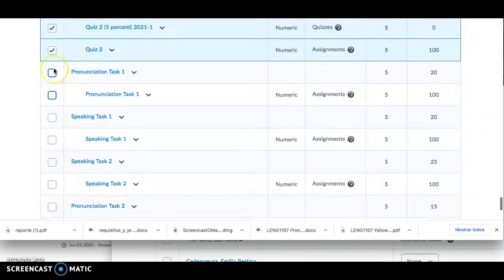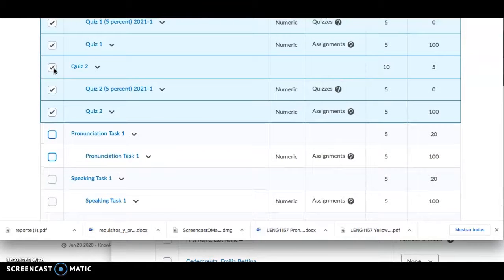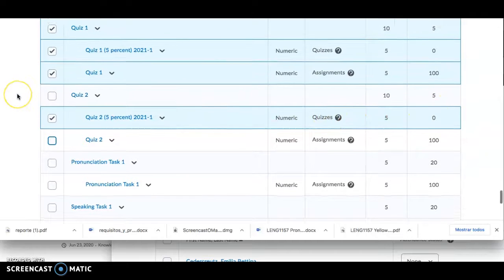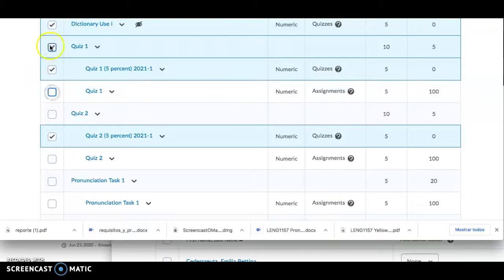Like this. And here in the quiz 2 thing, you're gonna unclick these two, but keep this one, the one that's worth 0 that says quizzes, we're gonna make it invisible. So keep it checked, and same thing here. All right, so